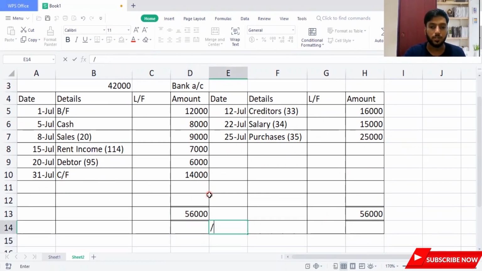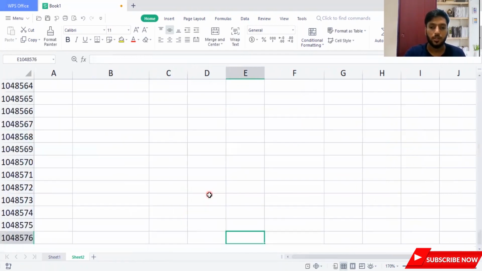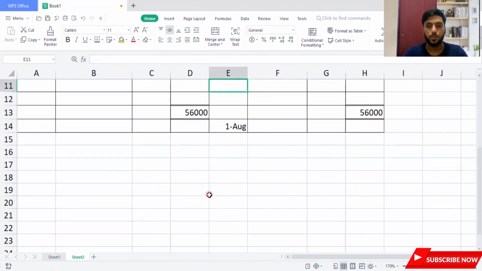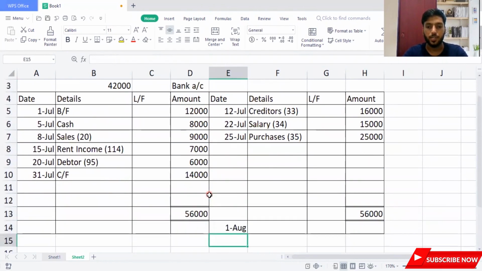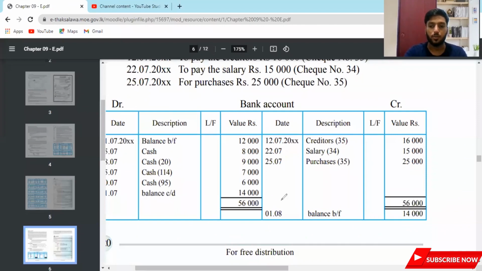So I will record here 1st of August, for example. August 1st. What's the amount I need to represent? It's brought forward, and it should be represented as 14,000. So that's how this sum should end for this bank overdraft. I hope you guys understood this bank overdraft. Let's move on to the sum adjustment. You might see here how they represent the same thing. Balance 14,000. I did this to make you understand that the bank overdraft is easy to understand.